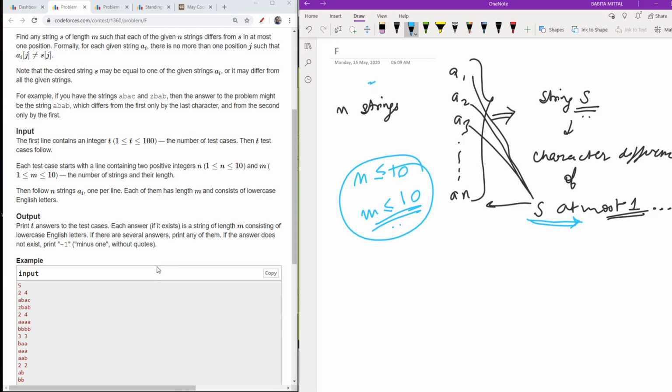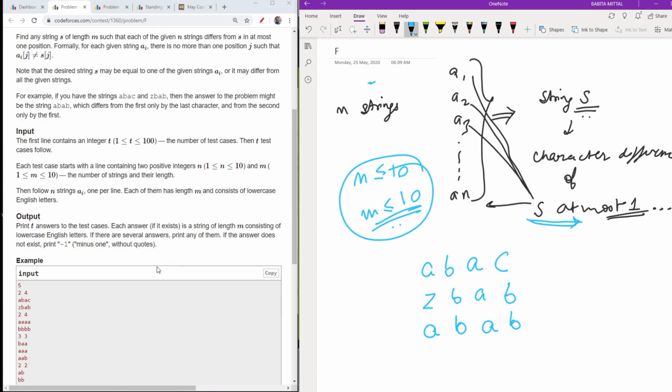What I mean by brute force is that suppose I have a, b, a, c as the first string, and if I have z, b, a, b as the next string, and suppose I have a, b, a and b as the next string.